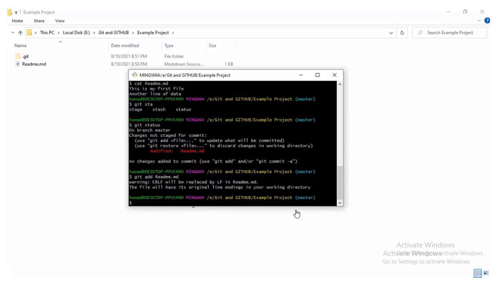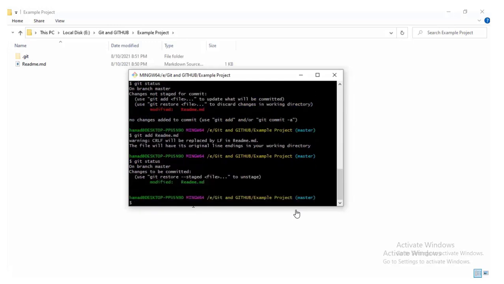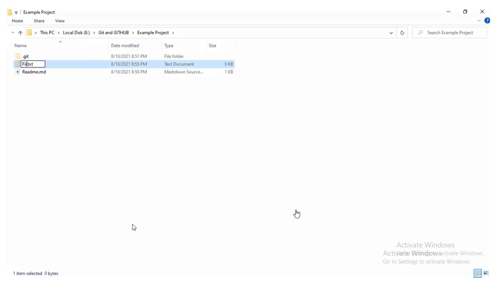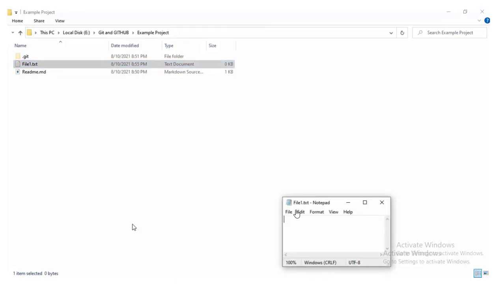So we'll use git add and then the readme.md file. Then check the git status. Yes, the file is ready to commit. And then to commit the changes, use the -m switch with git commit and then add the message to remember what this commit is about. Now let's create a new text file with the name file1.txt and